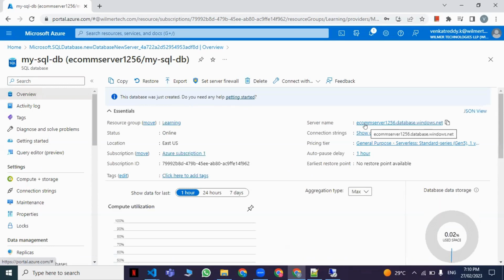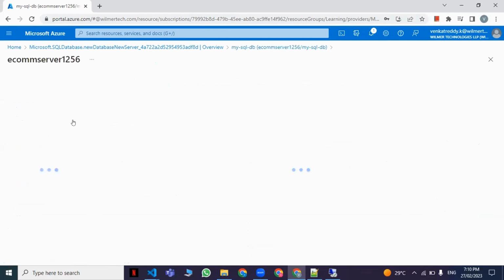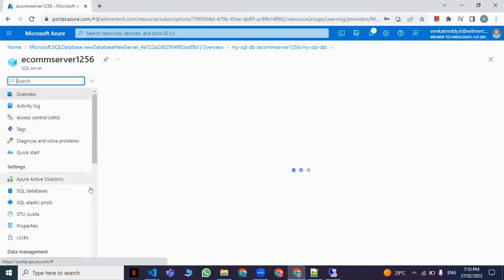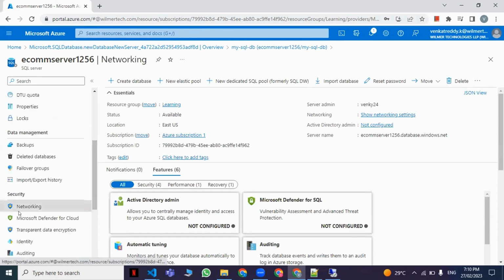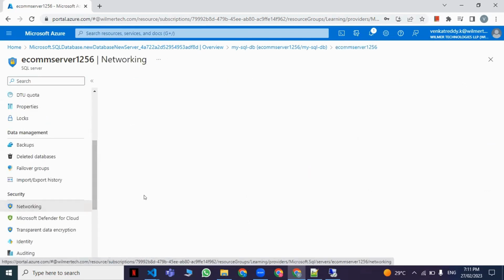We need to create a SQL server, sir. First. Yeah, go to your server. And here, what should we do? Networking. We should go to networking. Add client and allow the Azure or something. In networking,